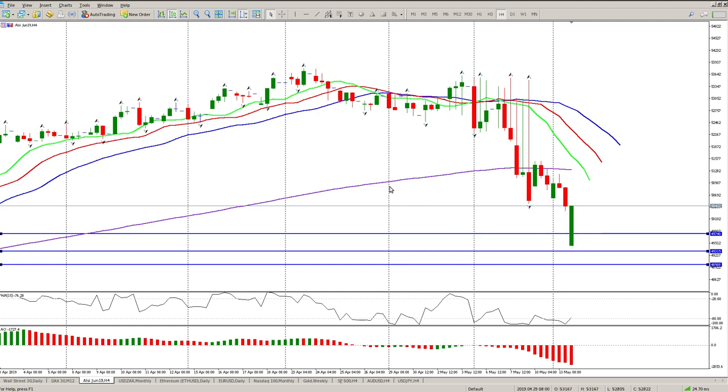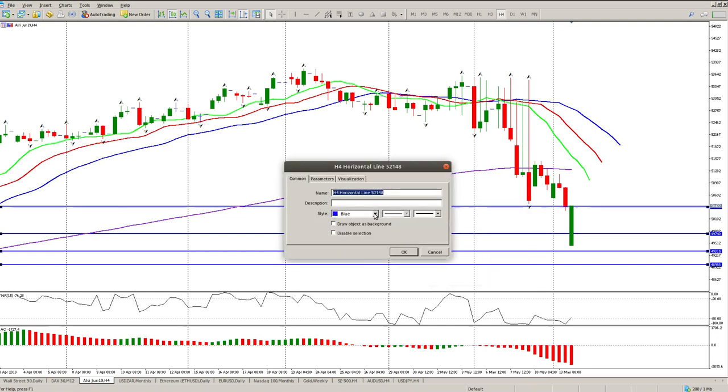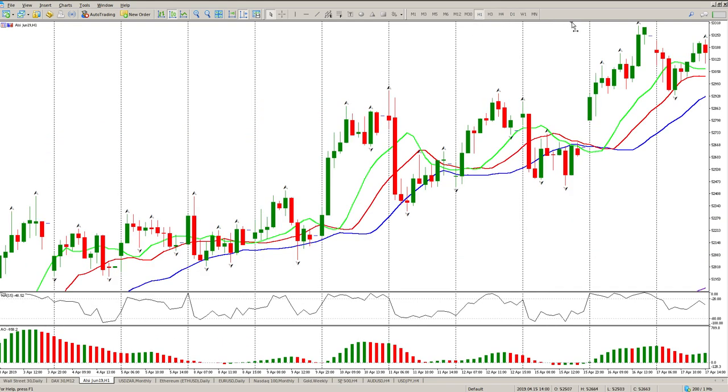So I think maybe what we should do is put a level in there so we know, and I'll make that a red line. So that's our close, and you can see it's pretty much a double bottom. And that double bottom has got a lower low, but there will be divergences if we take out this green bar. That's the situation that we see on the 4 hour at the moment, but if we just break down to the hour,